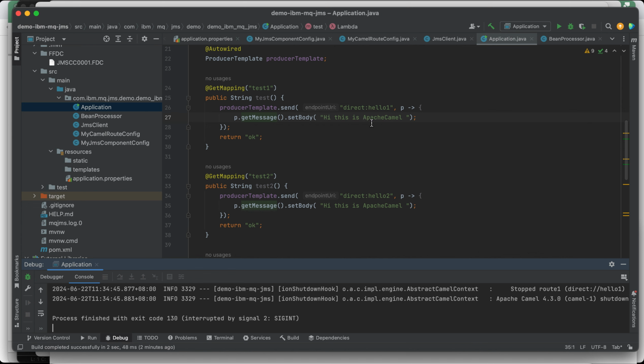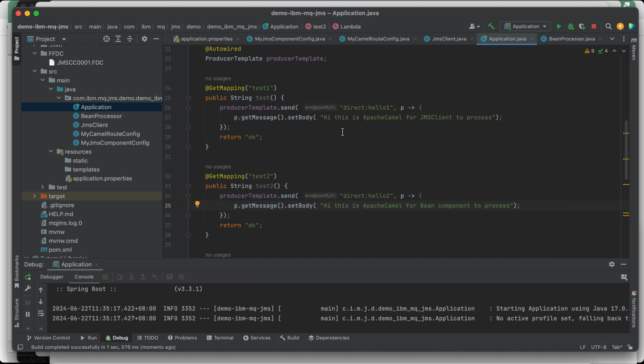This is Apache Camel to send for JMS client to process. This one is Apache Camel for Bean component to process. Okay, so it's clear. Let's run again.